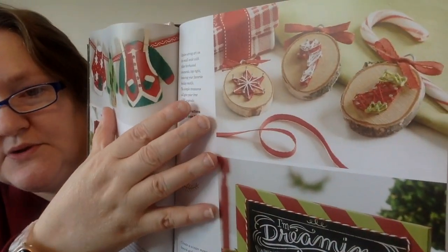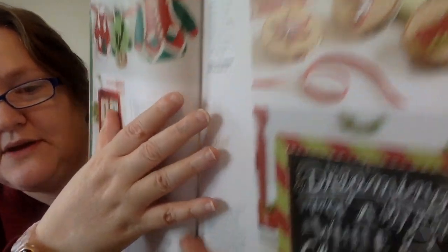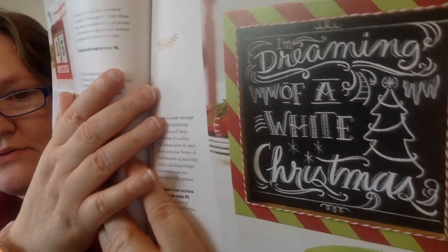Here are some more of those birch ornaments. I think these are with nails, and then you wrap the string around them. This looks like a chalk. I'm not sure what that is. Chalkboard style painting. It's a board style painting. Okay, so